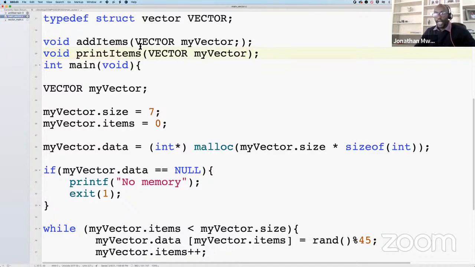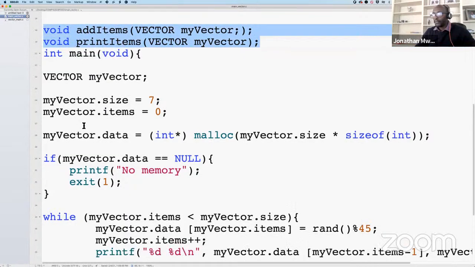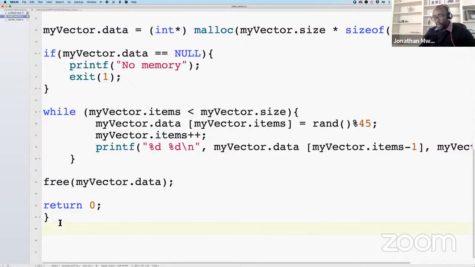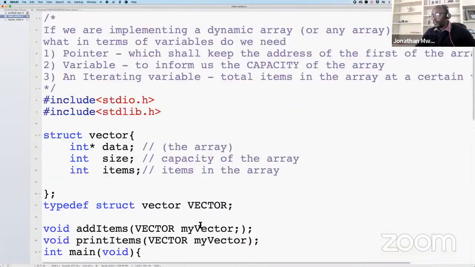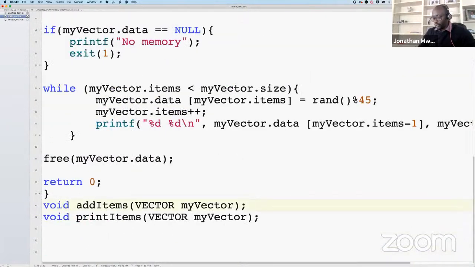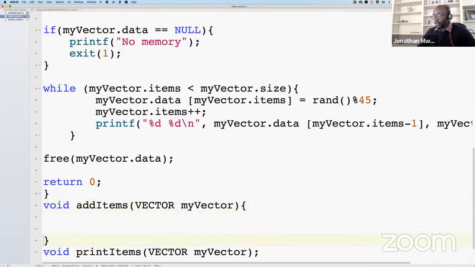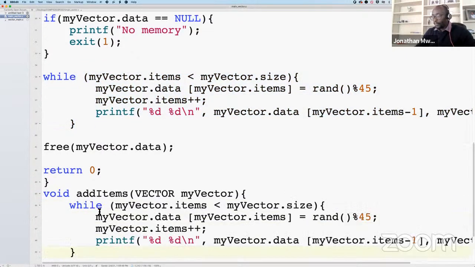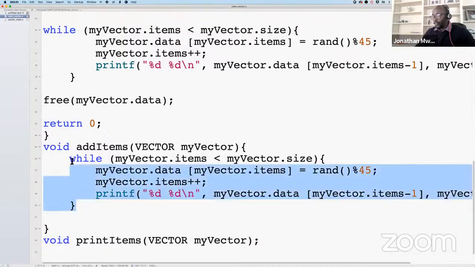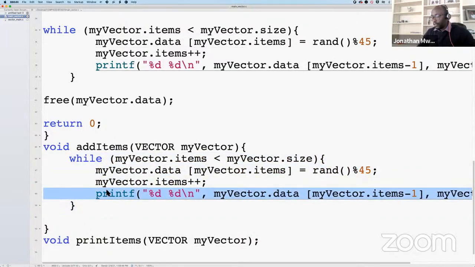So I'm going to copy this and paste it here, and then do the implementation. Instead of doing the implementation, I'm just going to copy this data over here and paste it here. And then I'm going to remove this,